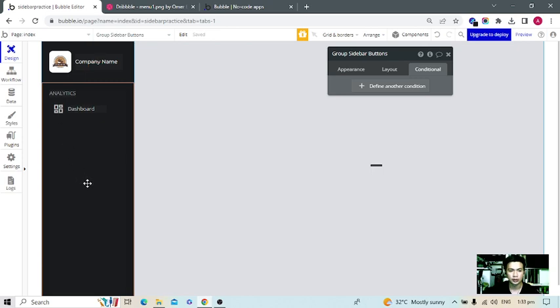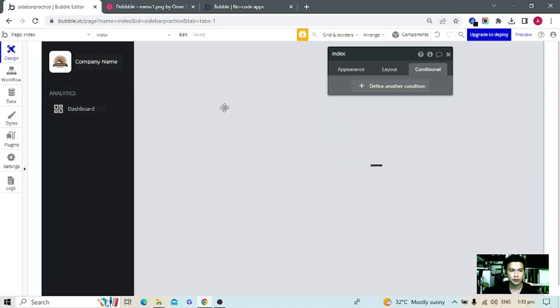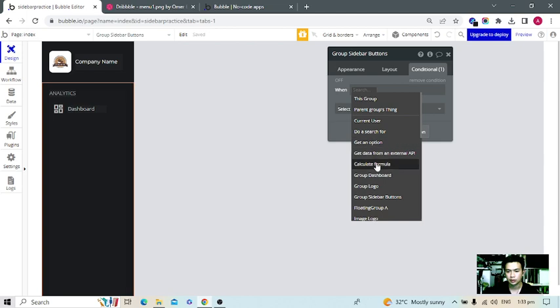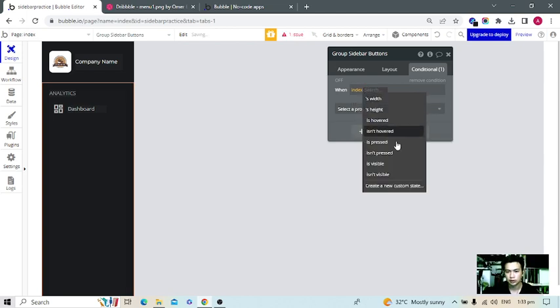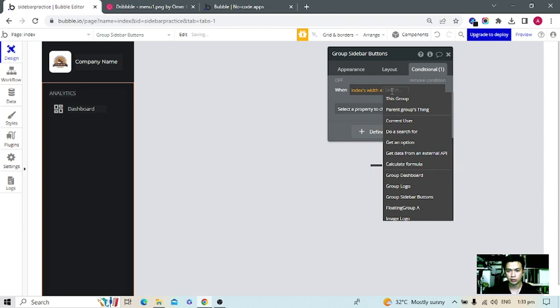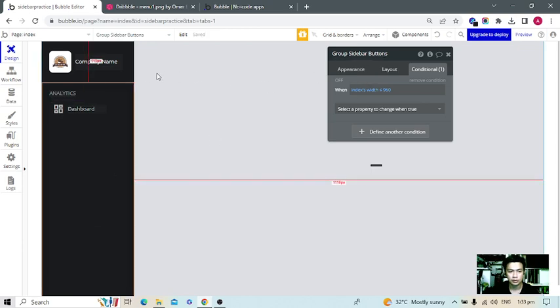We can set its conditional to when our index width is less than or equal to 960, then, no,